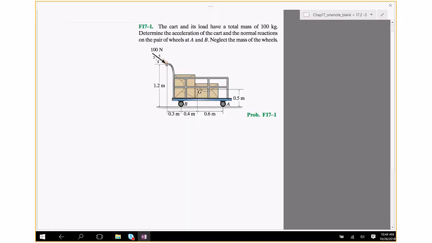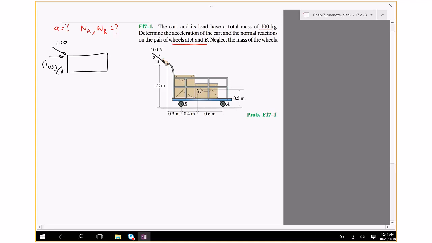Of 100 kilograms, determine the acceleration of the cart and the normal reaction on the pair of wheels at A and B. Neglect the mass of the wheel. So clearly acceleration is straightforward. You just have to, let me draw a free body diagram. As I said, sometimes you're just better off writing the forces in the x and y direction. So in this case, I'm just going to write that down. It's 100 times